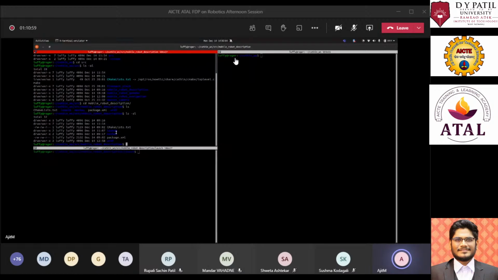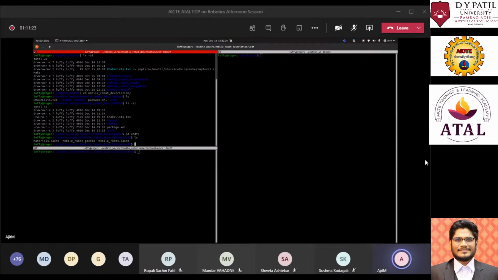You need to have the meshes of that specific robot, which I'll tell you about later in the workshop, and the URDF. In the URDF folder, we'll be defining our own xacro, which is just a URDF, and in this xacro we'll be describing our robot.